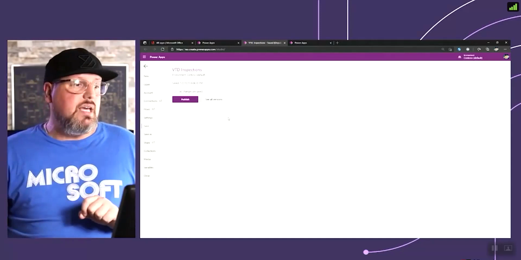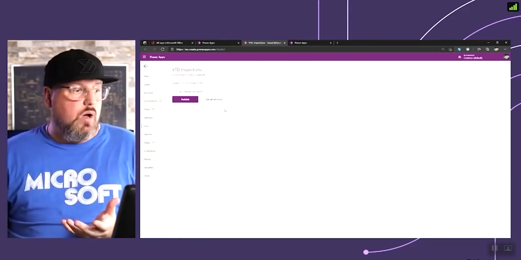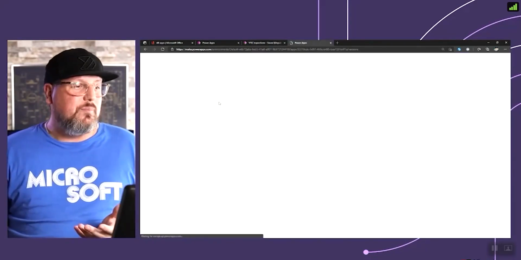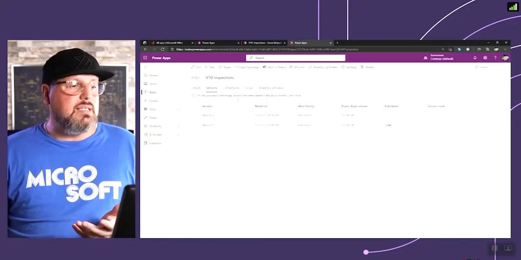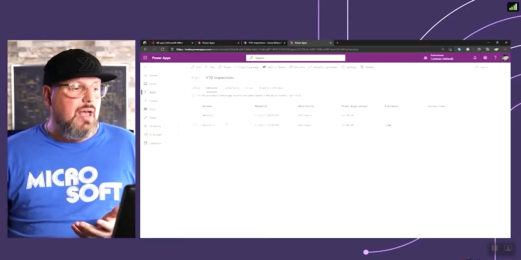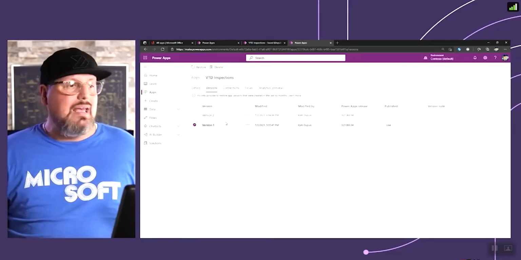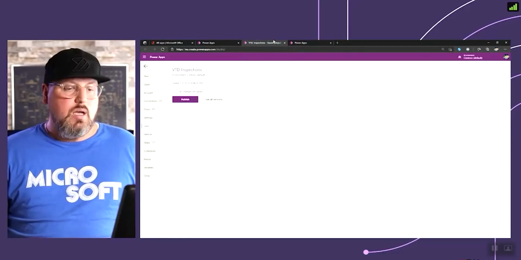And remember when I said you can roll back to a version if you do something wrong? All the versions are here. And when you click on them, you can see all the history of your version and go back to your version 1 if you need to. So,